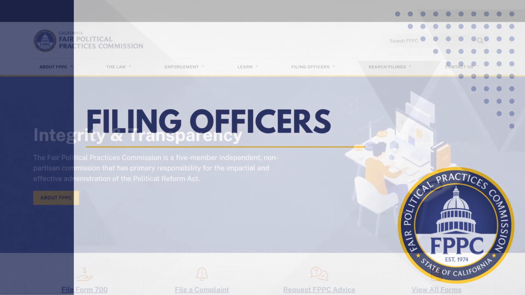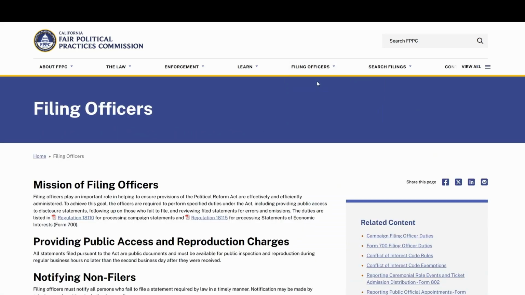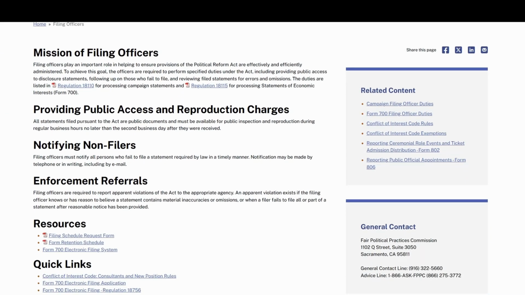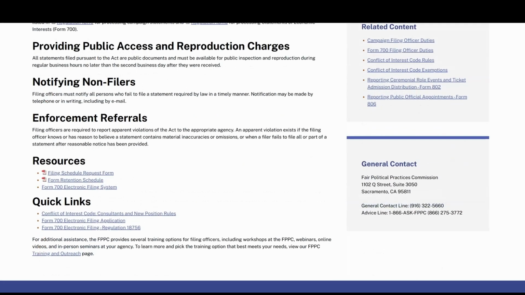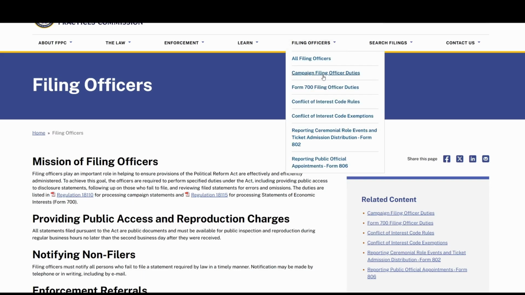The fifth tab on the website is Filing Officers. As filing officers are one of our largest stakeholder groups who access our website, we moved their pages from the Learn tab into their own section to streamline their searches and house all their pages in one location. The filing officer duty pages from our old website's Learn tab are now found here, along with information on conflict of interest code